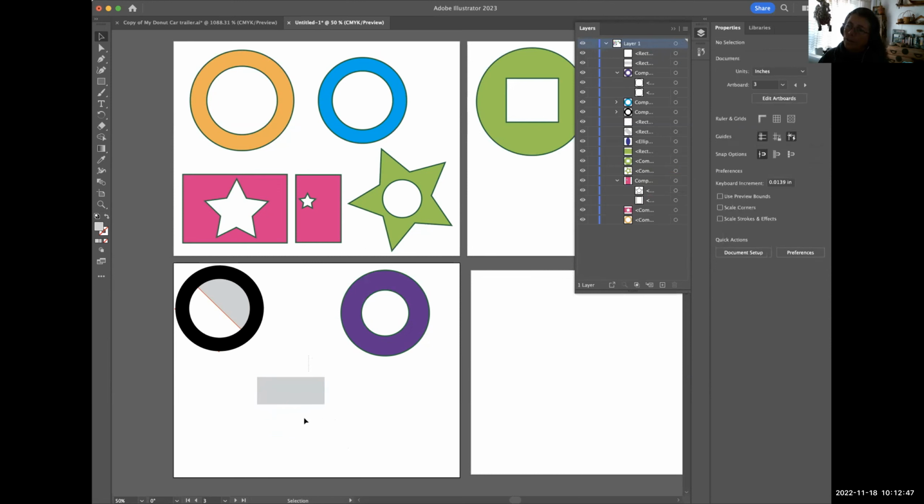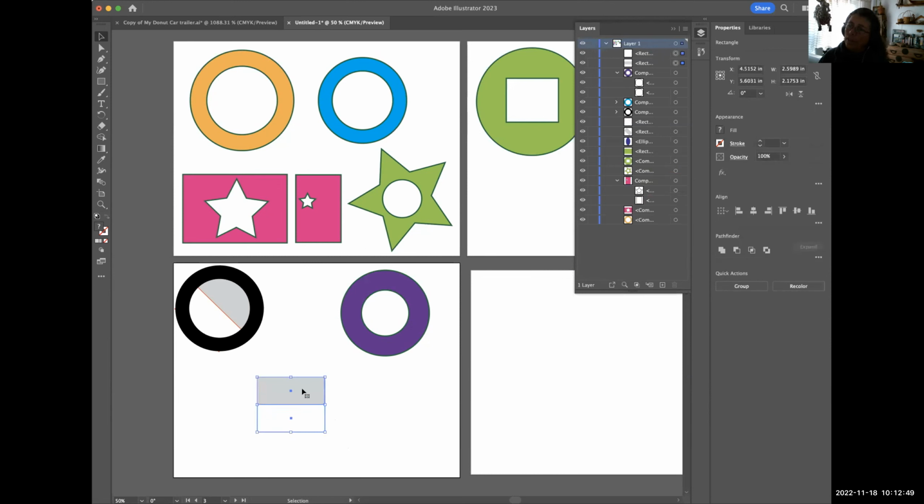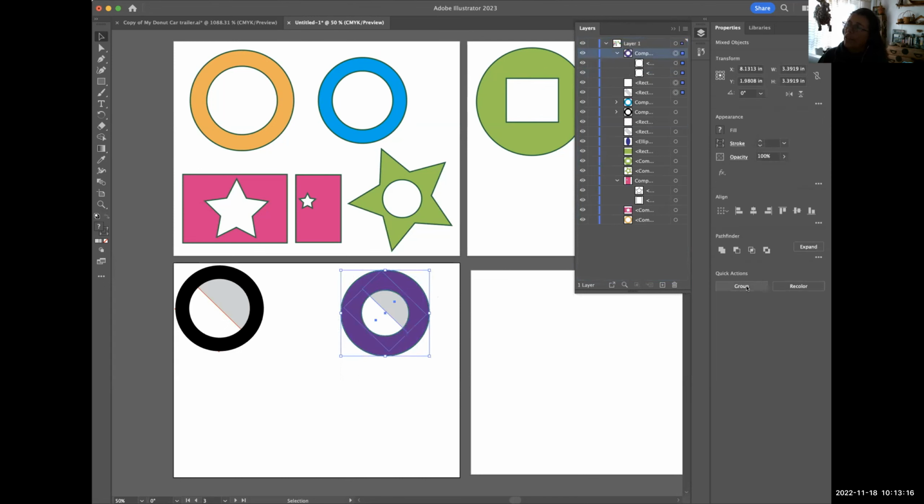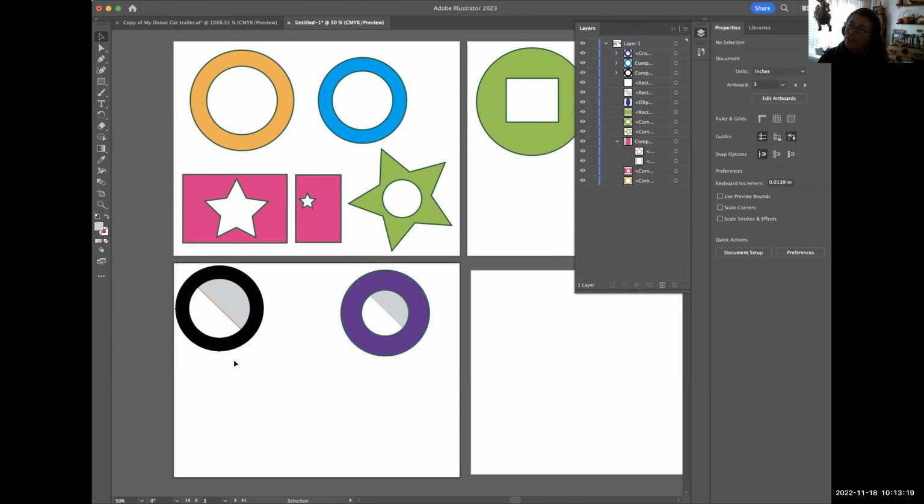And now those two shapes I can go and put on top of this and move them. And once those shapes don't stick out and everything is good, then I can go ahead and go over here and put the purple one above them. And then I can group the whole thing. Make a little group. Okay, so this tire here,